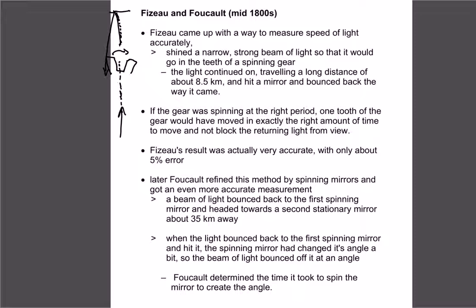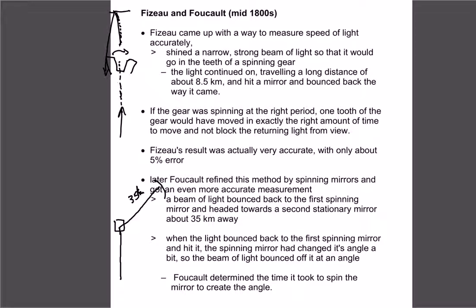Foucault actually took Fizeau's method and refined it a little bit, but instead of using a spinning gear, he used a spinning mirror. So the idea was the same sort of thing. The light would hit a mirror, and he set these up at angles. So he had this mirror that was spinning. It would hit the mirror, and it would bounce off, and he set it up even further. They thought larger distances would even be better, so he bounced it off another stationary mirror 35 kilometers away,